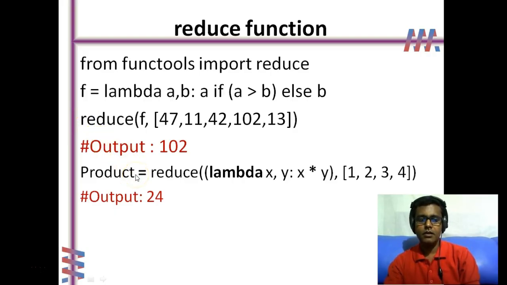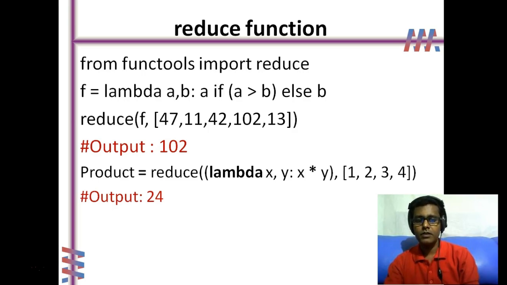In the next line, I have written one more reduce function which is used to multiply all the numbers given in the list. So here I have written a lambda function, lambda x, y: x * y. What my lambda function does is it just multiplies two numbers x and y. Here I am going to supply the input, which is a list consisting of the numbers 1, 2, 3, 4. From this list, two numbers at a time will be passed to the lambda function,